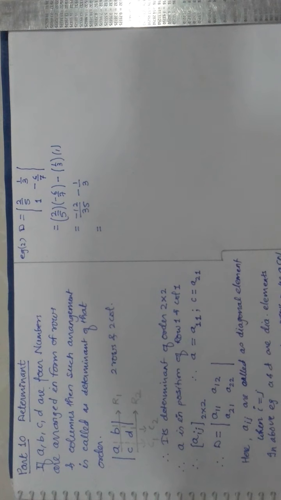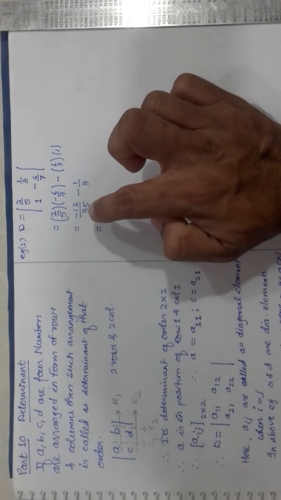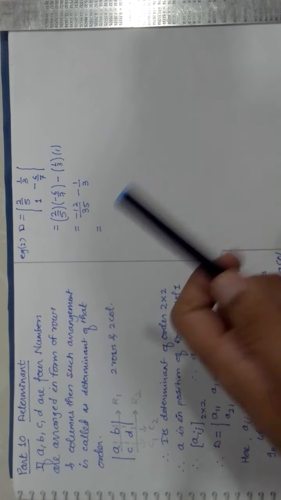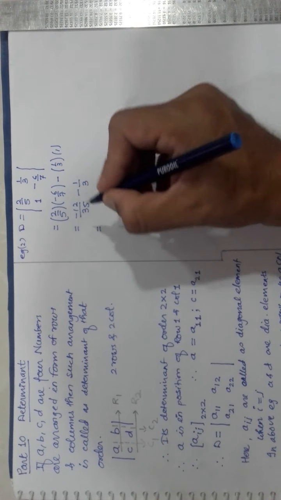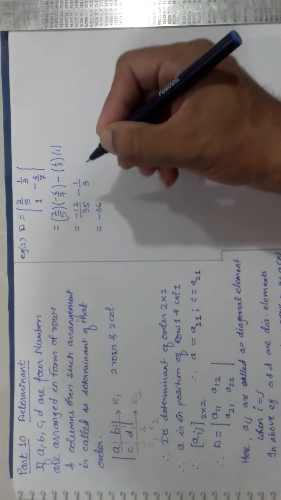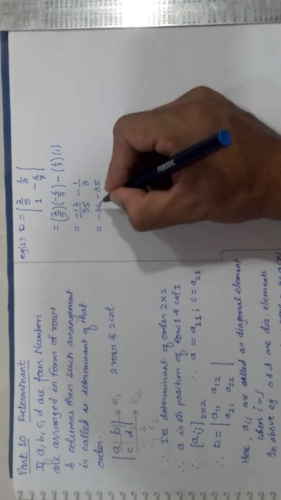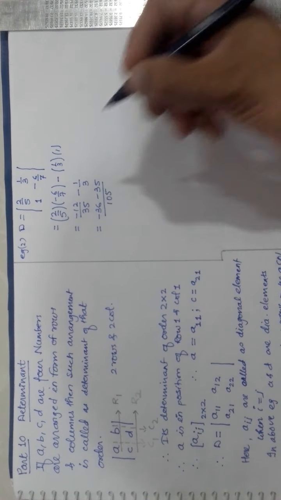So it is better that I cross multiply to make the denominator the same. I cannot add or subtract them unless their denominator is the same. Right now their denominator is not the same, so I need to multiply them. That is, to make the denominator the same, I need to cross multiply. So I multiply 12 by 3, that is minus 36, and this multiplies here to become minus 35 upon 35 into 3, which is 105.